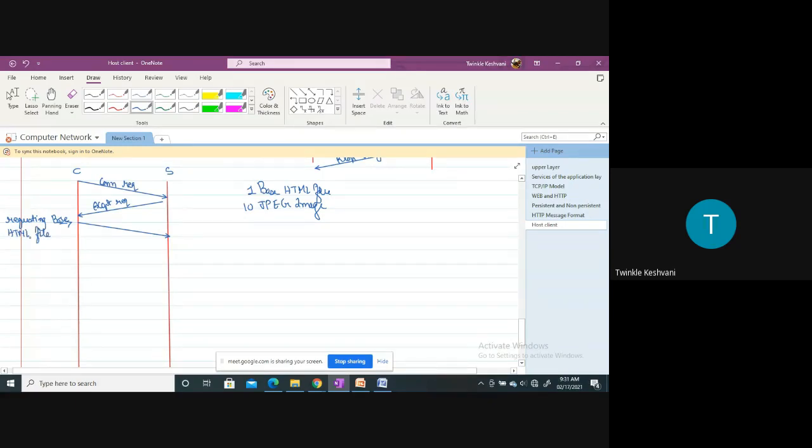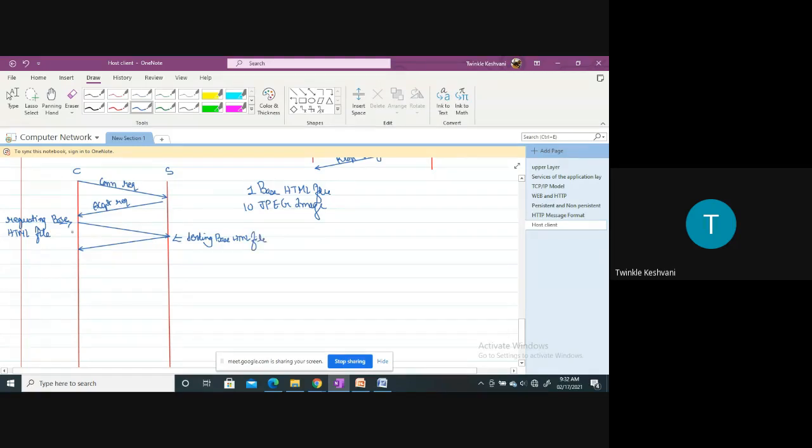Second thing we can say, as and when the client requests for the HTML file, the server will send back the response to the client, by sending the base HTML file to the client, right? So here the response will be there, sending base HTML file.